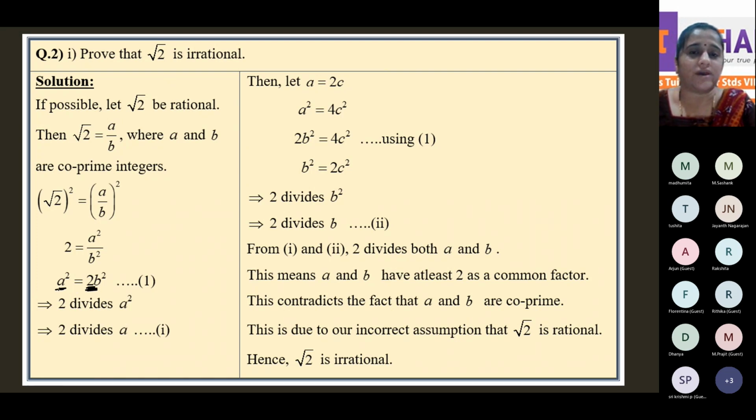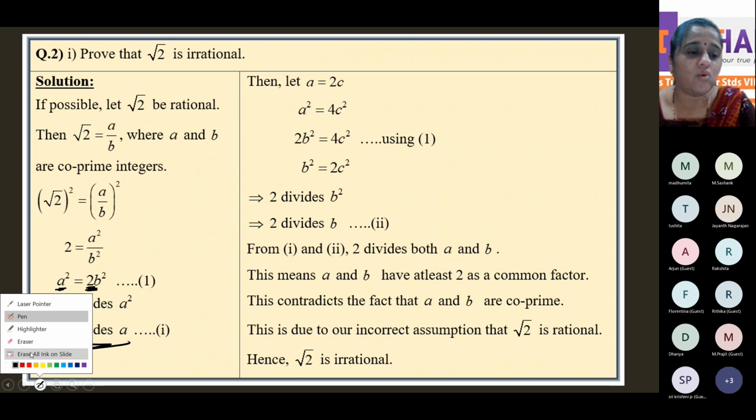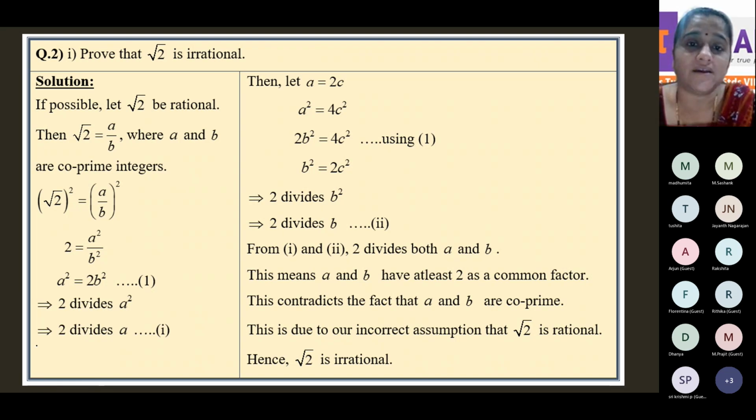2 divides A squared. If 2 divides A squared, and 2 is a prime number, then the same prime number will divide A. So 2 divides A. Now our task is to prove that 2 also divides B. If 2 divides A and B, then it's a contradiction, because